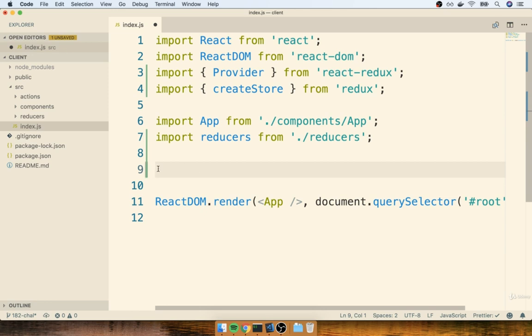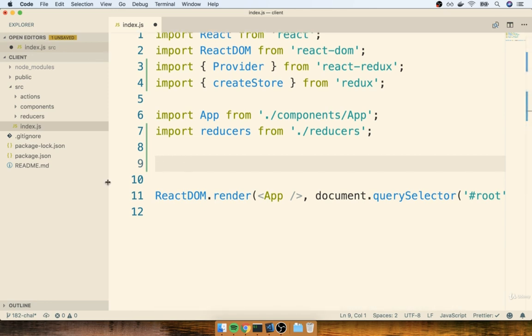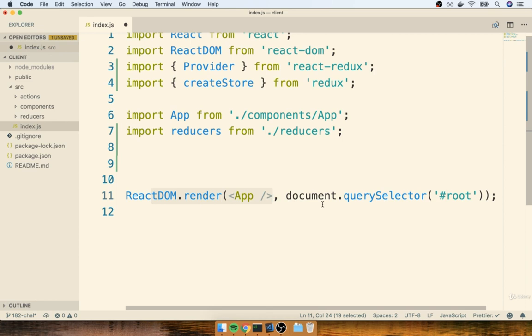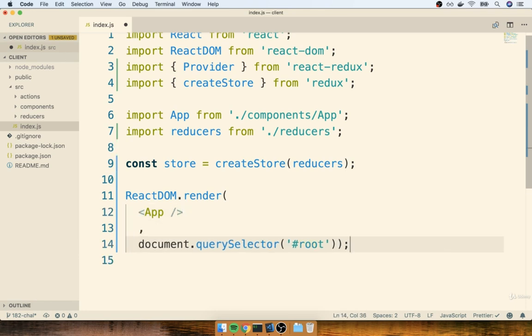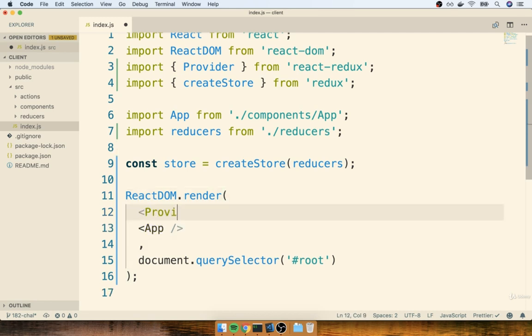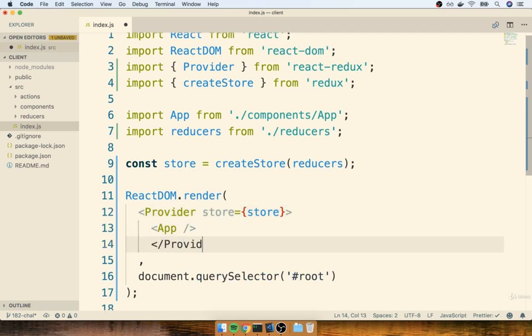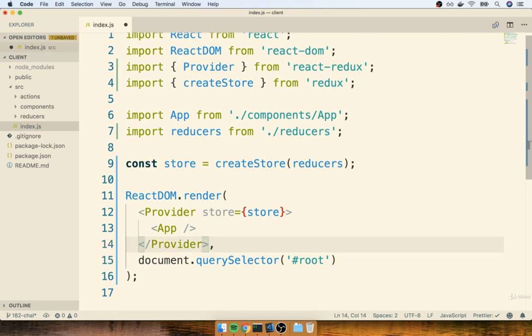And then finally, we will create our store right here on line 9, and then set up our provider inside the ReactDOM.render call. So I'll say const store is going to be createStore, and I'll pass in my reducers. And then I'll give myself a little bit of space here with the ReactDOM.render call. And I'm going to wrap that app component with a Provider that gets the store as a prop. And don't forget to get the comma in here. That's a really easy thing to miss. Make sure you have a comma on the right-hand side of the closing Provider element.